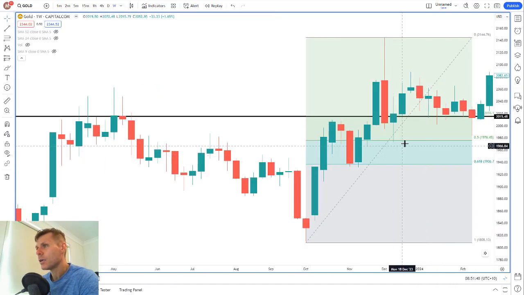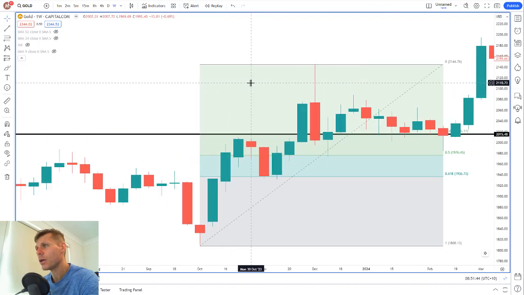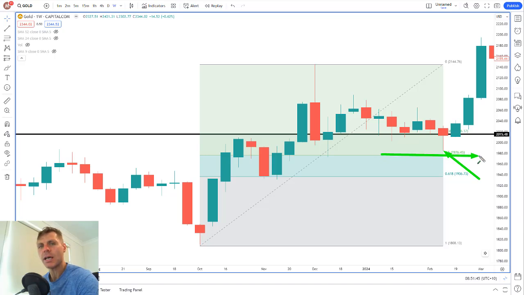Look at this here. From the low to the high point, guess what? Where did gold come down to? Here. That was that point down through there, and that's where gold was right there. It came down to 50% or less. So this is the 50% level. It didn't quite get to the 50% level, right? Just below it. So that's 50% or less.